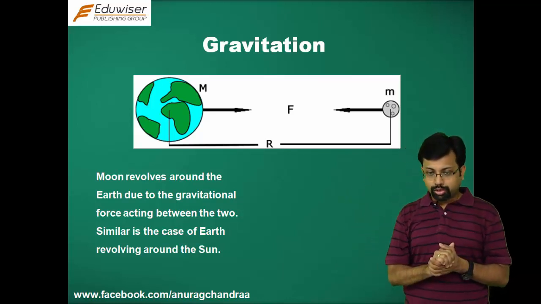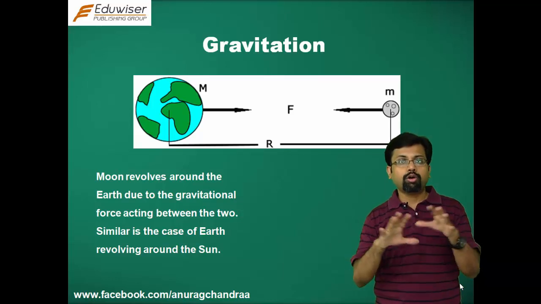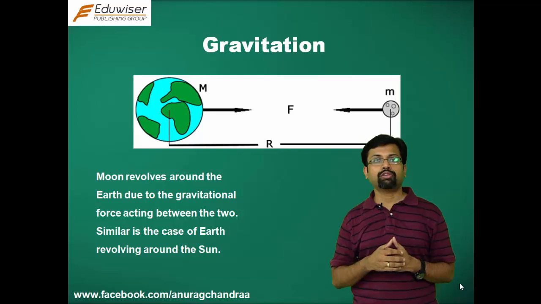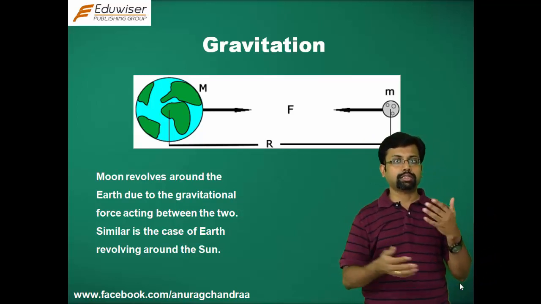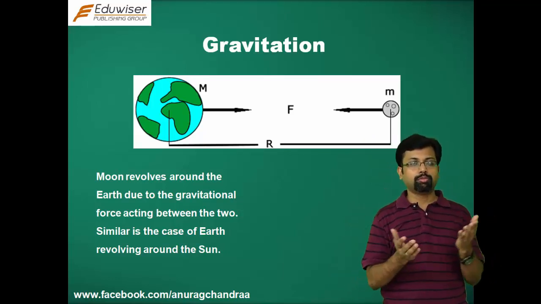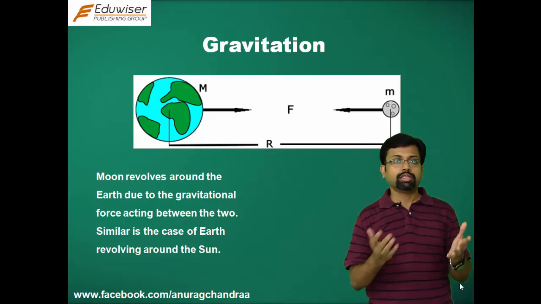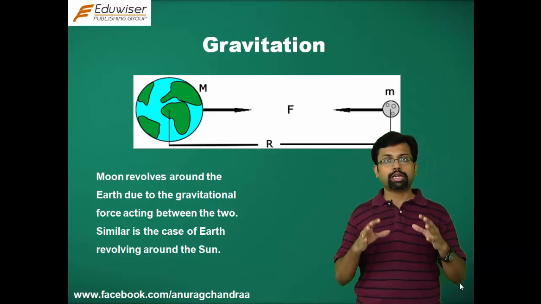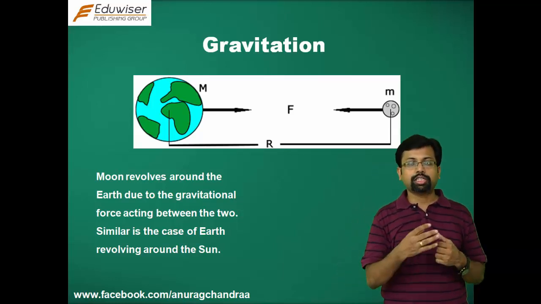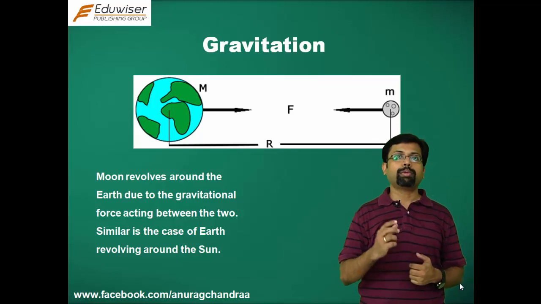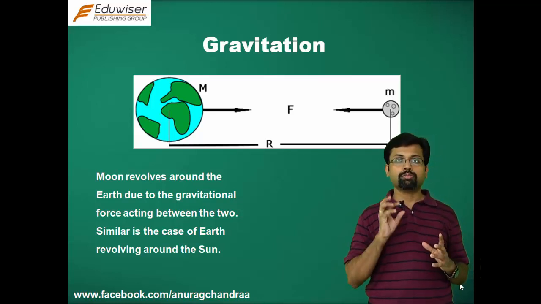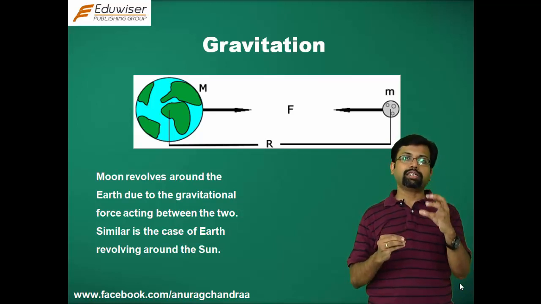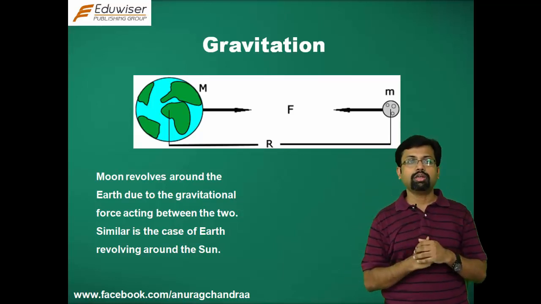So we now have a fairly good idea of what gravitational force is and how the gravitational force acts between the different planets. Just like we discussed the Earth and the Moon experiencing gravitational force, and the Earth and the Sun experiencing gravitational force, the other planets would also experience similar gravitational forces. The acceleration that they experience as a result of that force would depend on their masses. Greater the mass, smaller would be the acceleration. So between any two objects, the object which is lighter is going to move around the other object.